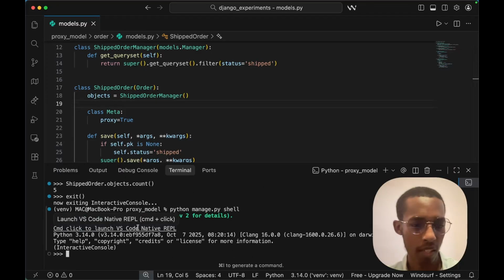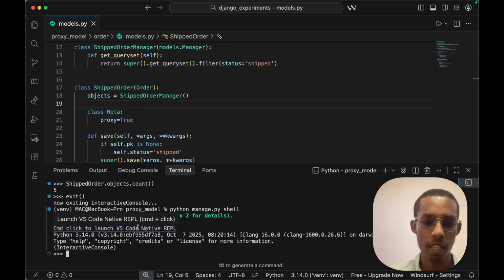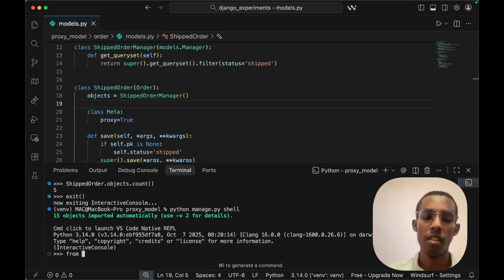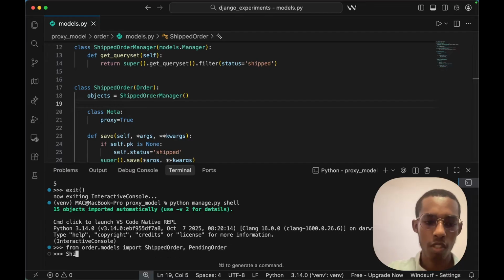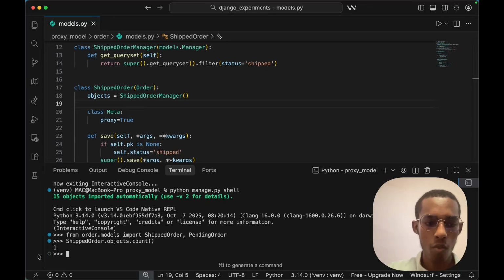There was a command that I knew to load the shell again, but I don't remember it, to be honest. Let's from order.models import shipped order and pending order. So you can see shipped order.objects.count. We have only one shipped order, and we have,